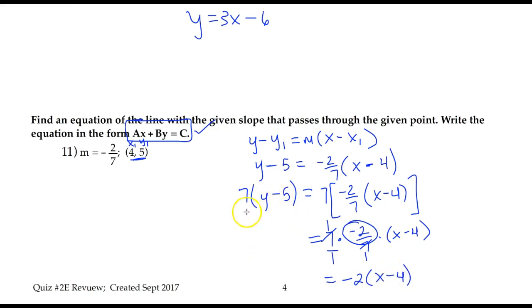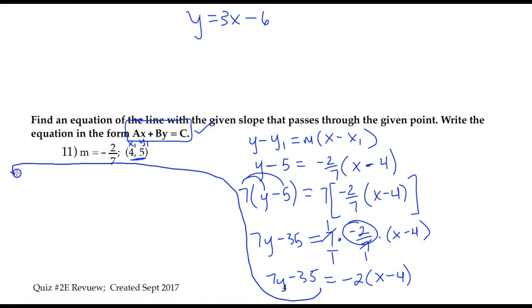On the right side here, I do want to go ahead and distribute that because that's not going to be too hard to do. That'll be 7y minus 35, and again 7y minus 35. So coming here to finish up, we now want to distribute just the negative 2 here because that's easy to do. 7y minus 35 equals negative 2x plus 8. And so now we want to rewrite this to where we have